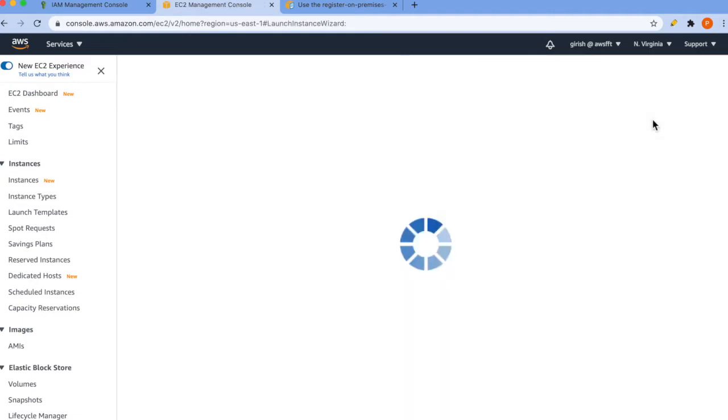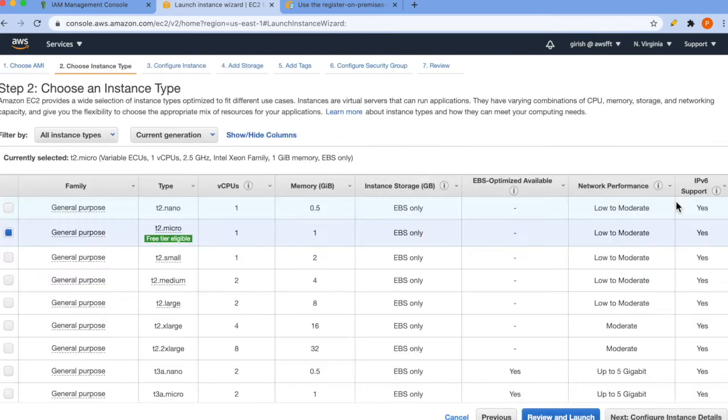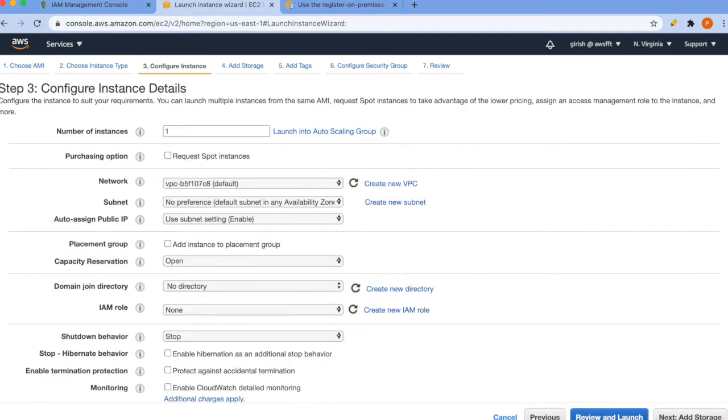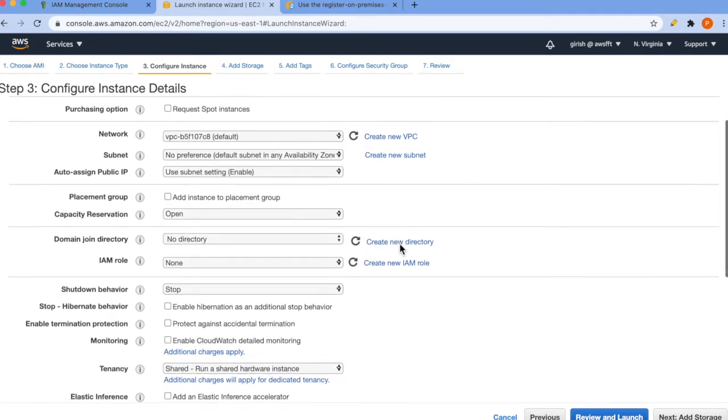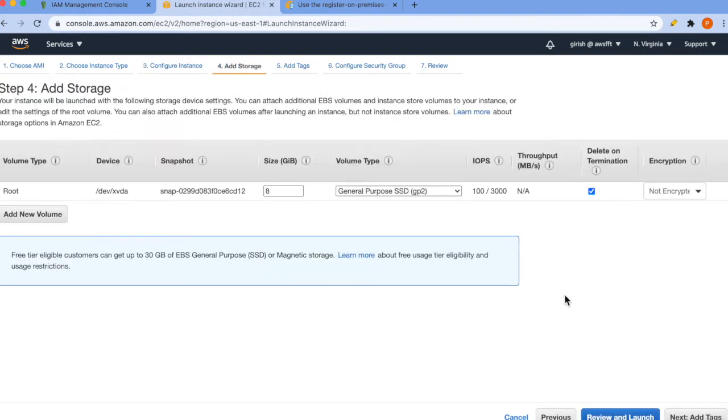Launch instance, choose a Linux AMI, T2 Micro, which is eligible for the free tier. Here you can keep everything default. Don't even choose any IAM role. We are just assuming this as an on-prem instance, so we are not going to change anything specific to IAM role.